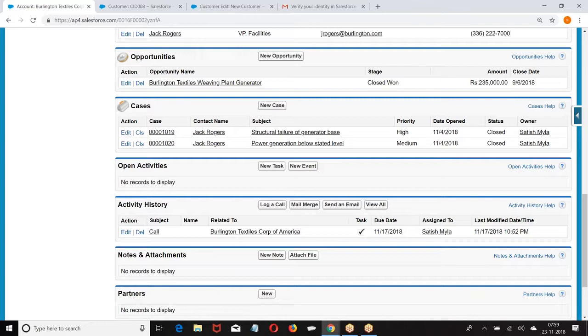Now, their data I collect in a different format. Customer data will be in a different format. When I say account, it will ask whether it is a distributor or a customer. Customer means customer data will be collected. Distributor means distributor data will be collected. Are you getting it? So what was that? The same object I was showing in different formats. Then I will go for the concept of record type.